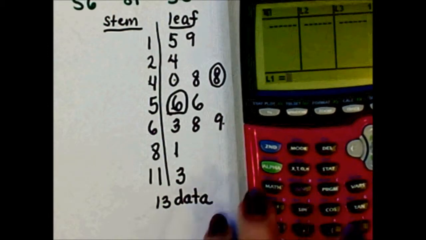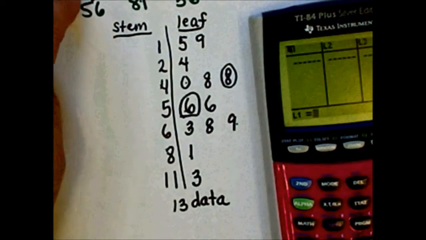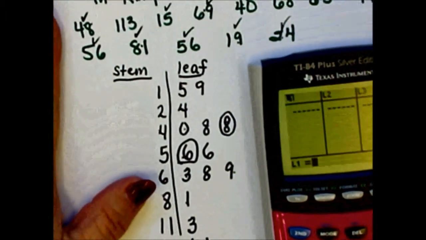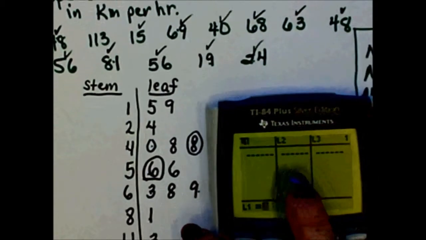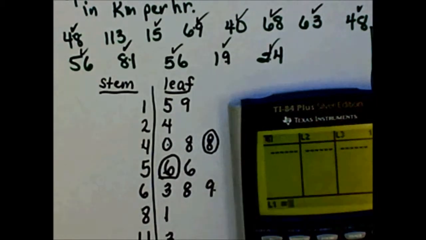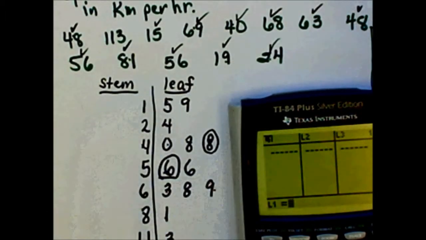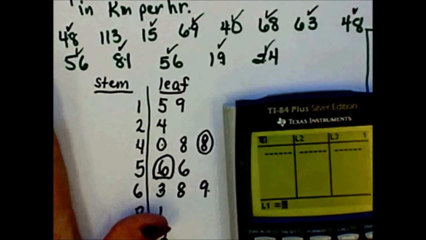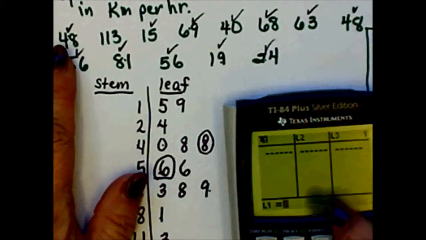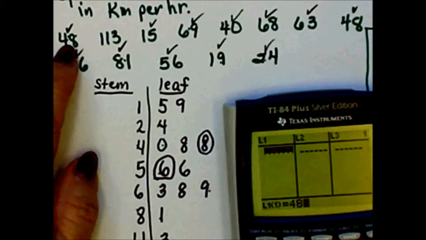So I'm going to put it in the way it was listed up here on the top. Now, the reason I'm doing this the way it was up here is because if you have a long list of data, you don't want to have to go to the trouble of putting it in the stem and leaf plot form when you could just simply enter the data and get the number calculated for you relatively easily. Alright, so I'm going to move back down here now, and I'm going to enter 48, hit the enter button,